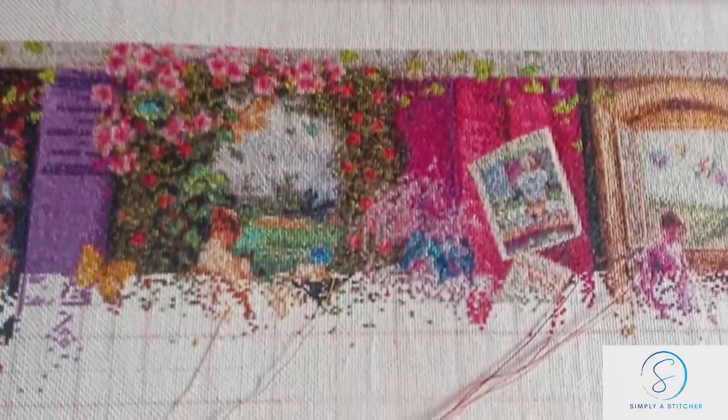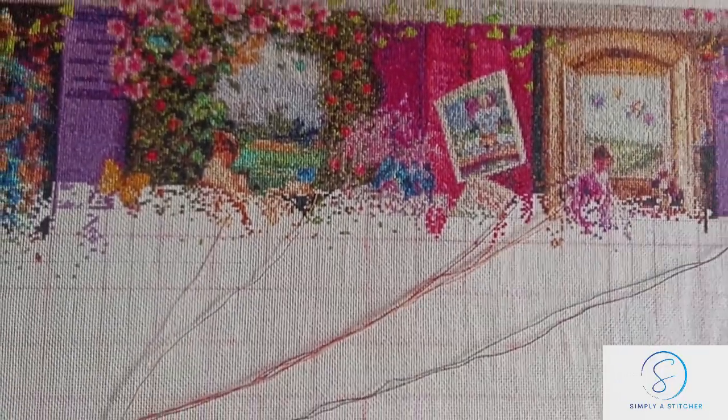Let's just show you them again. Hope you can see them. I can't see what's in the camera frame. So there we go. So really, really pleased with Stitching Shelf. It's coming on such a treat. So next thing I've got to show you is